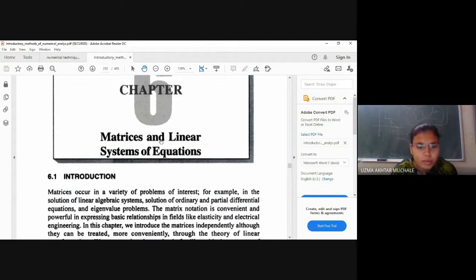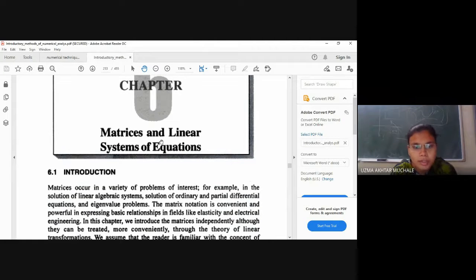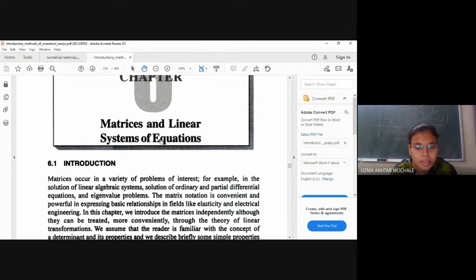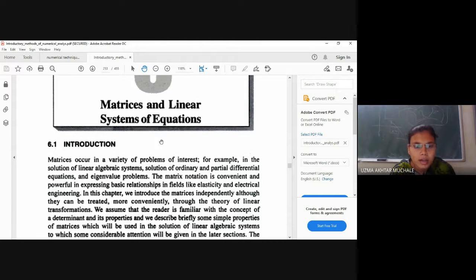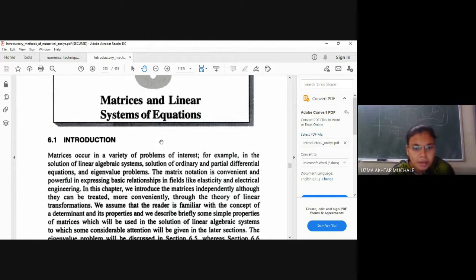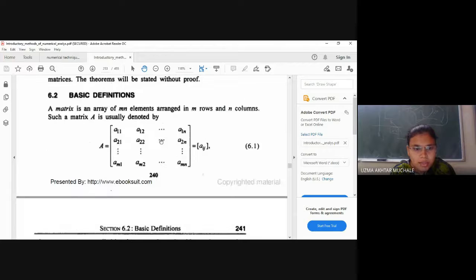So first we will go with what matrices are, because in this chapter we are going to see matrices, LU decomposition method, Householder method, and many methods that you are going to see in this chapter are related to matrices. I hope you know about matrices. But in short, we'll see what a matrix is. So what is a matrix actually? It consists of m into n elements, which have m rows and n columns.